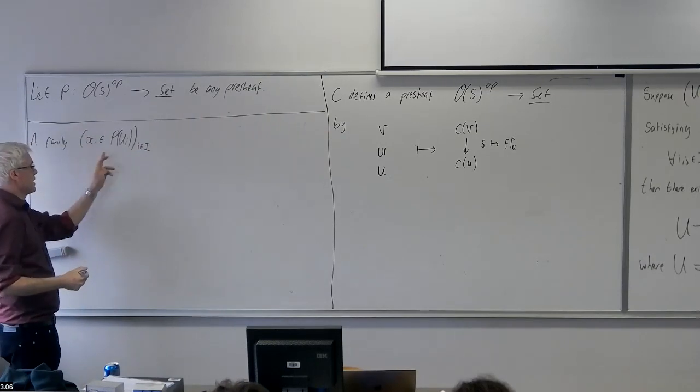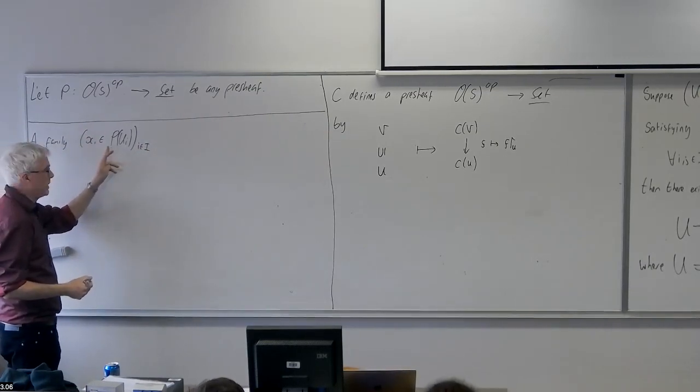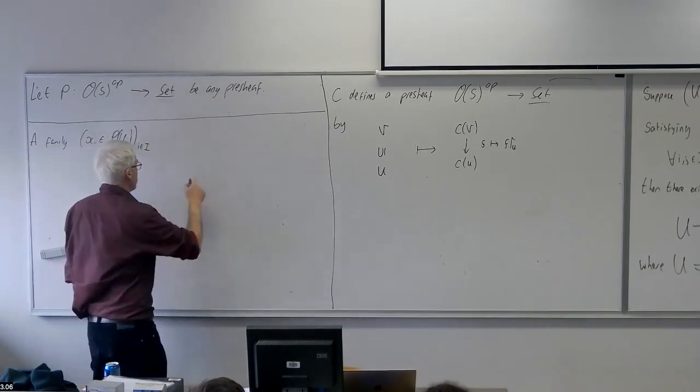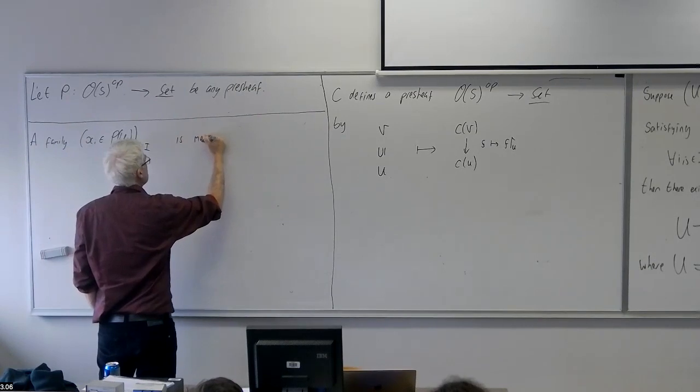Before these were continuous functions from Ui to C, now they're just arbitrary elements of the pre-sheaf P, and continuous functions are elements of the pre-sheaf F. So it's matching